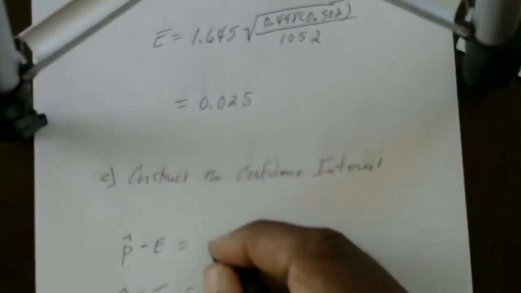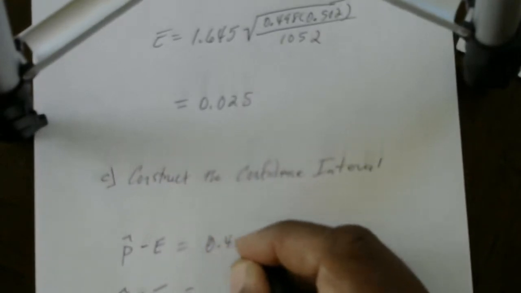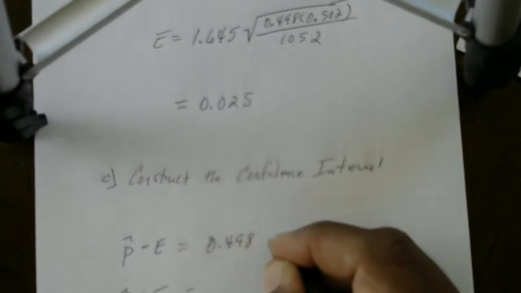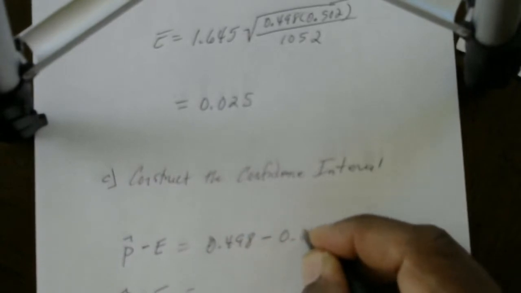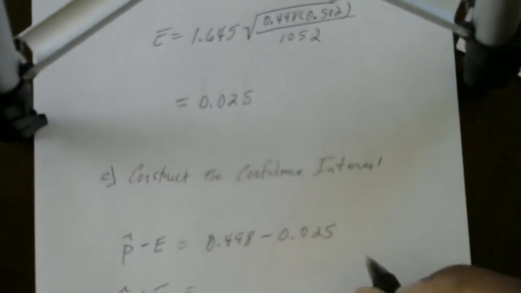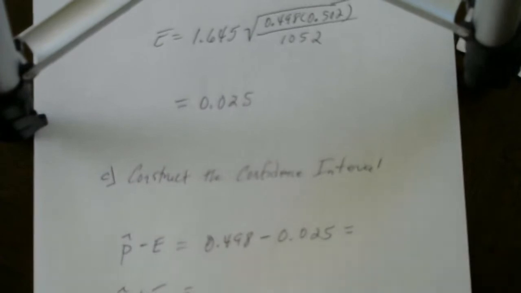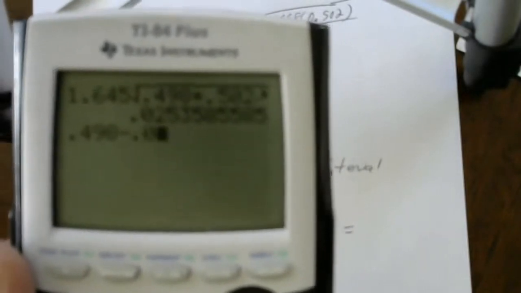So remember, p hat was 0.498 minus the margin of error. And if we calculate that up, we have 0.498 minus 0.025, which is